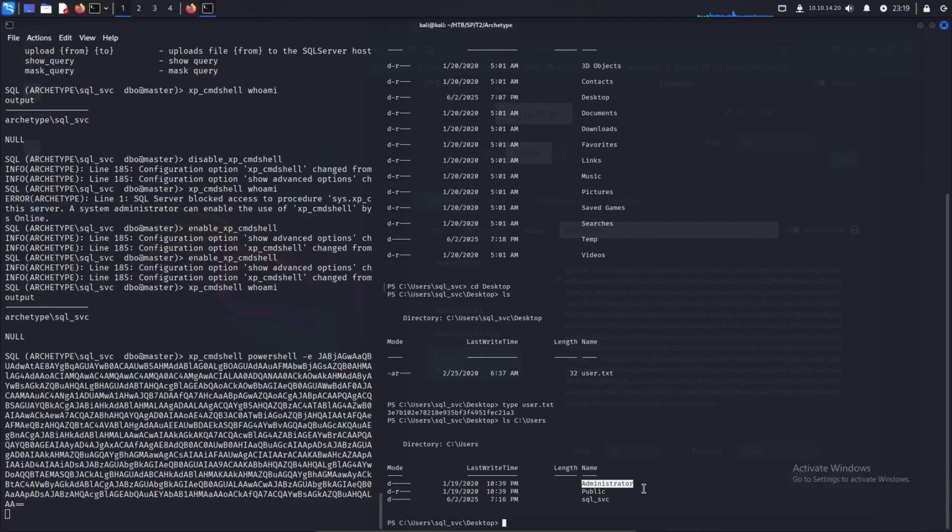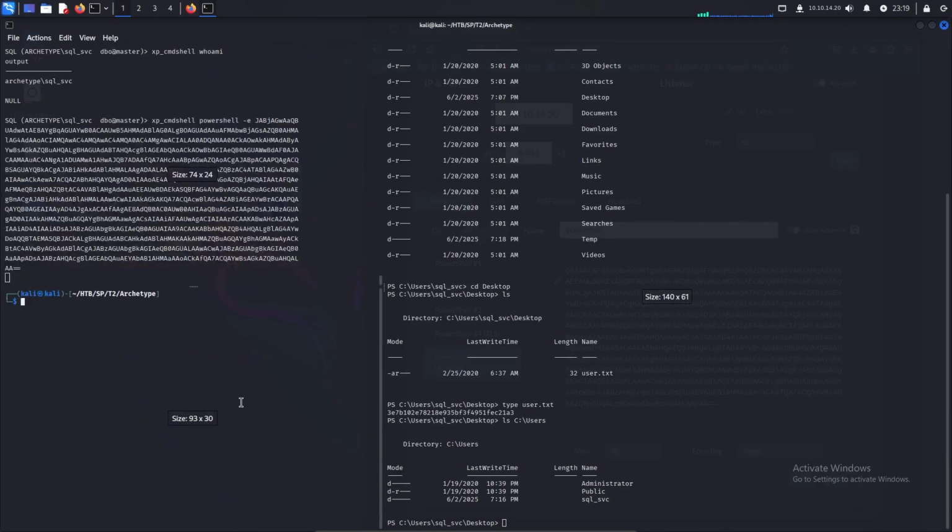We ran a tool called LinPEAS a couple of videos ago where we were on a Linux host, and it was able to parse through everything and try a bunch of different attacks to see if there are any local privilege escalation vectors. We can do the exact same thing. The same guy who makes LinPEAS makes another tool called WinPEAS, and it does the exact same thing just for Windows hosts. So what we can do is, let's see if I have